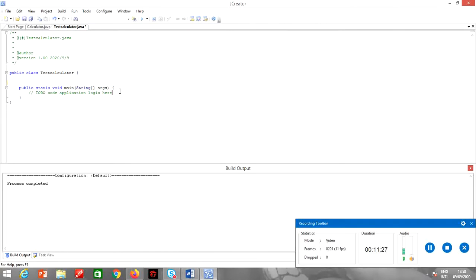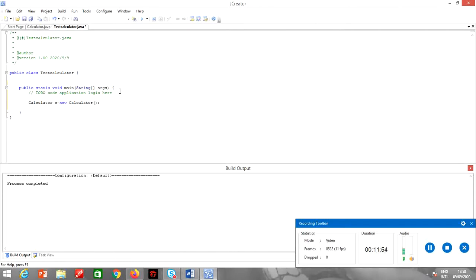Now I will create an object of the calculator class. Calculator C is equal to new calculator. Now I have three area methods defined in the calculator class. Which area method is called will depend upon which type of arguments I am passing to the area method.